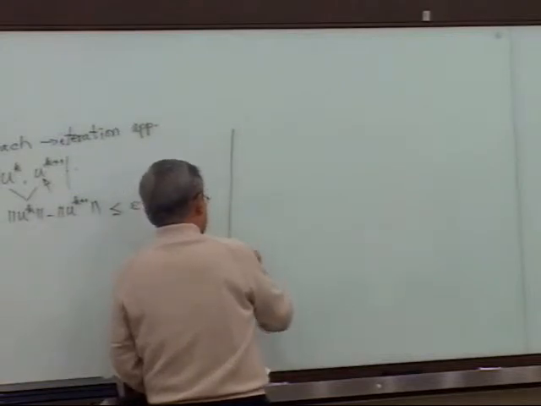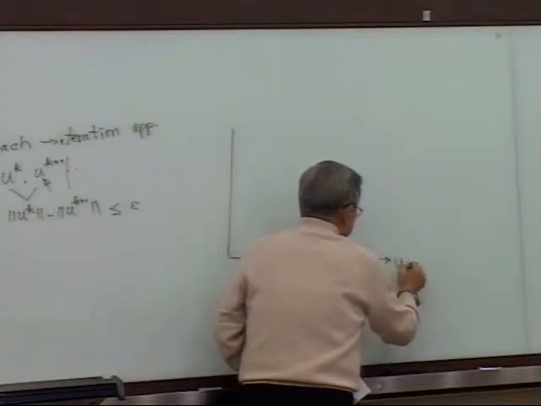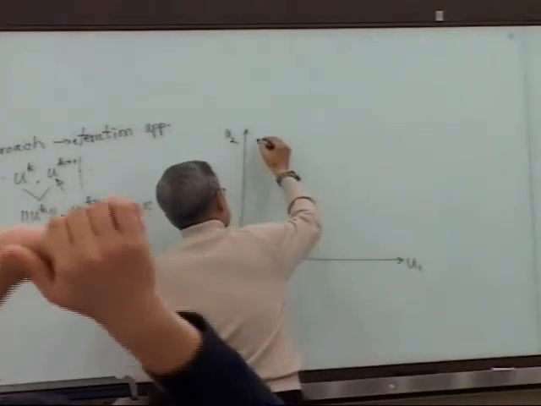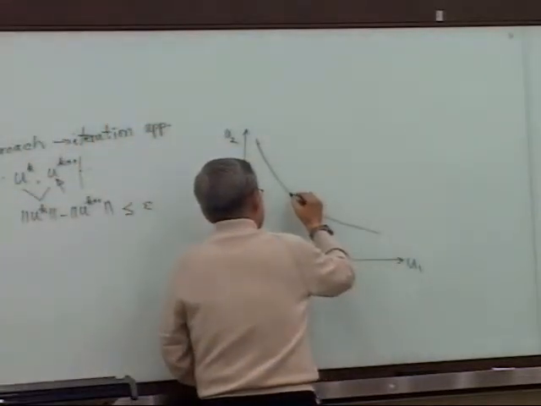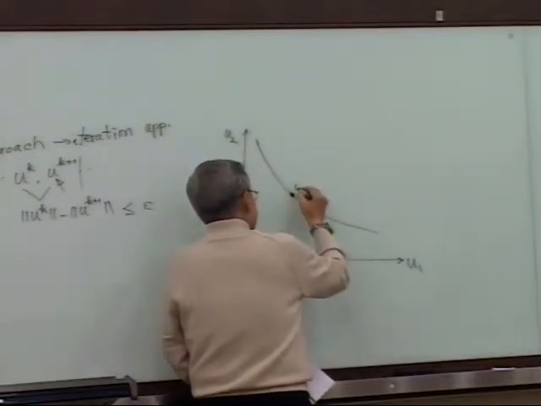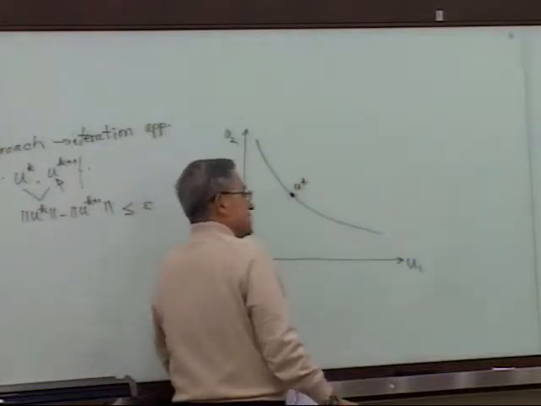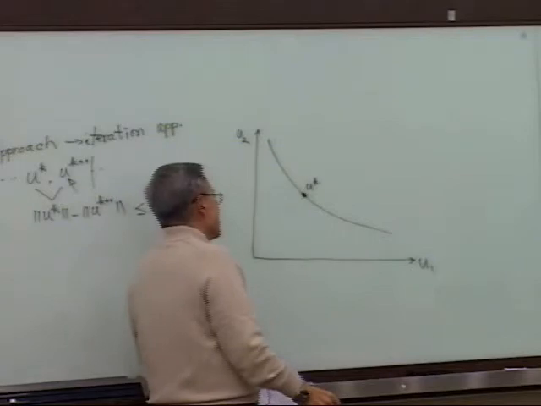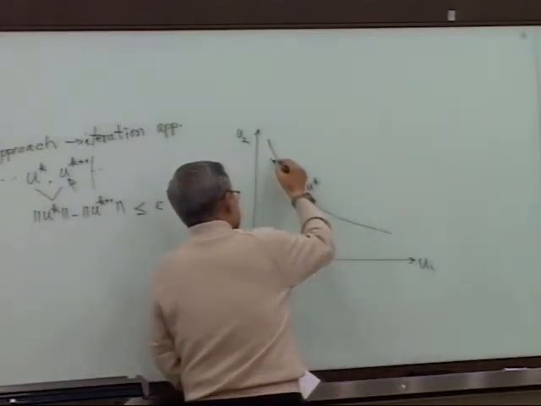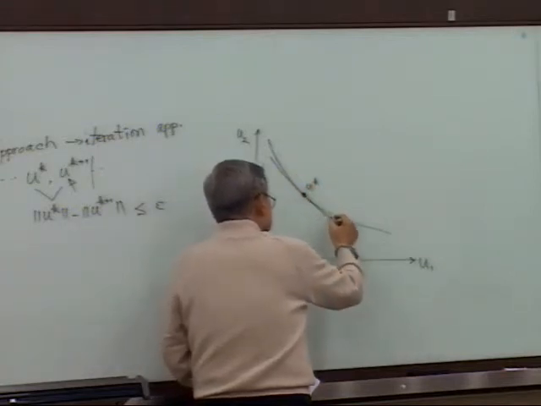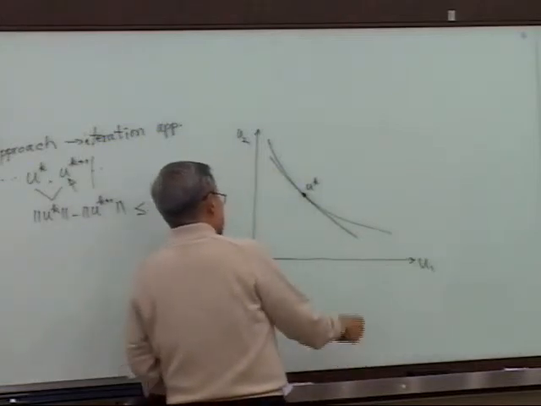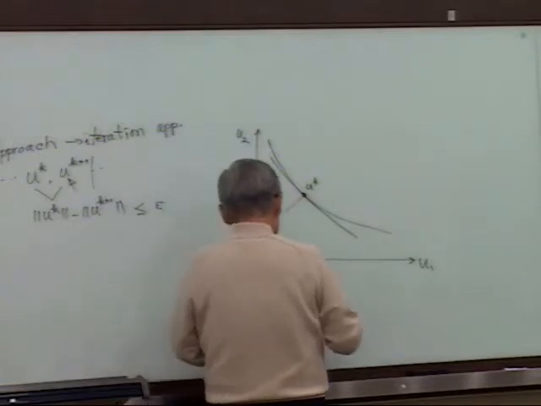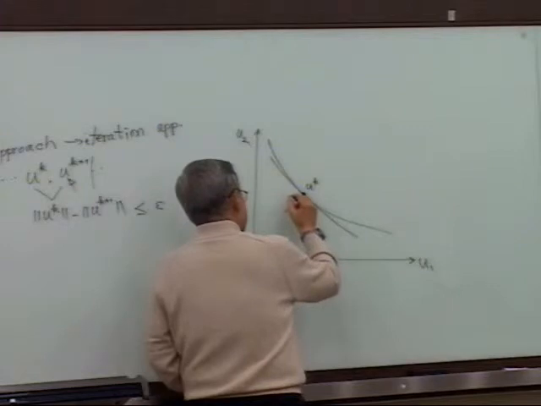So again, back down to the same graph. I just erase U1, U2, and let's say this is the initial point, not the initial point, at the kth point. I'm going to say this is the kth iteration point from 0, 1, 2, and some kth point. If this is some kth point, then of course for the linear approximation using the two terms in the Taylor series, I can draw this guy like this. This is of course AK,